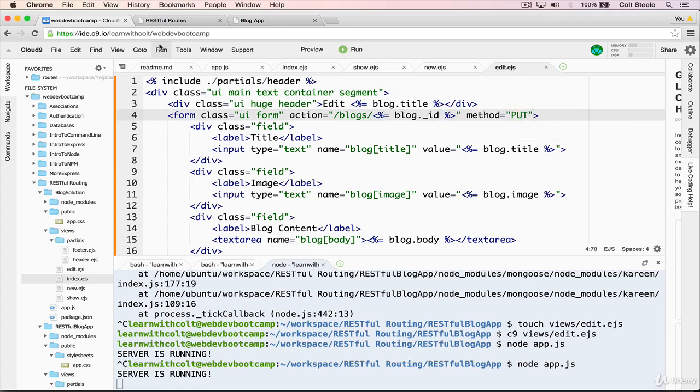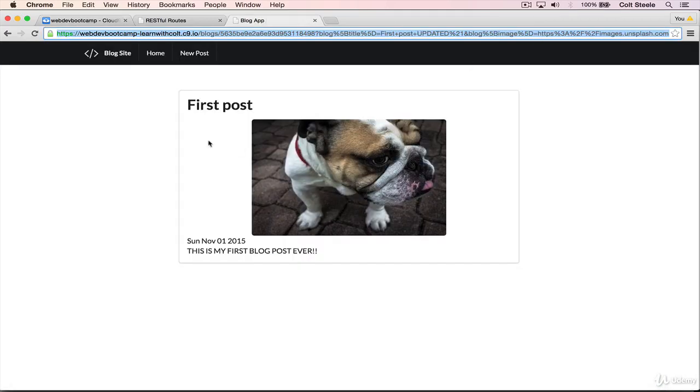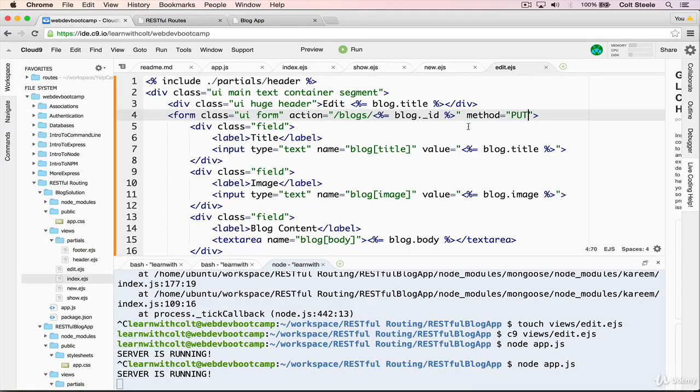And by the way, when you try and send a put request, it will default as a GET request, which is why this happened. And it's why it took us to the show page, because we made a GET request to blog/ID, which is our show route. Okay, so if we change this to post and we add this little cheaty thing at the end of our URL,